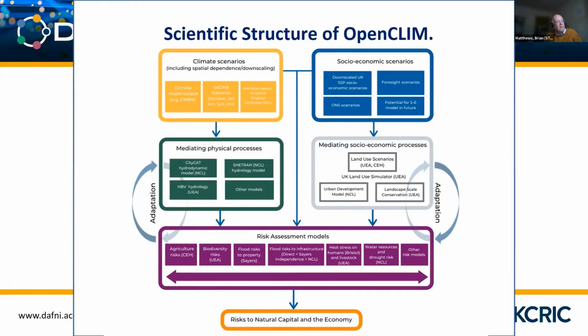An important part of the project is this notion of adaptation. What do we do if we change the physical environments? What does that do to the risks? Particularly looking at things like bio-adaptations, planting more trees in upland areas, allowing lowland areas to flood more easily, those sorts of things which modify the responses and modify the risks.